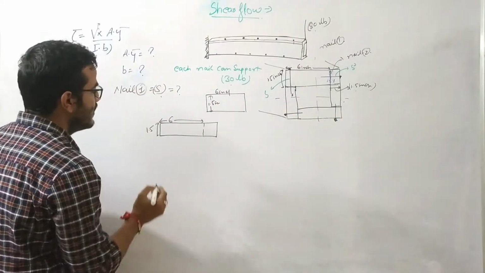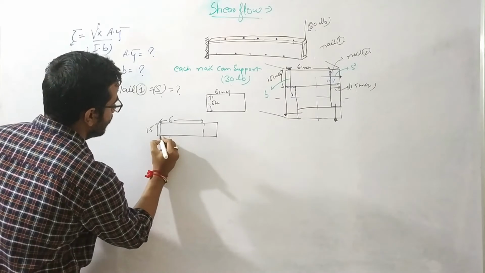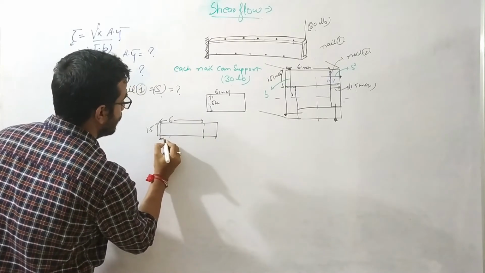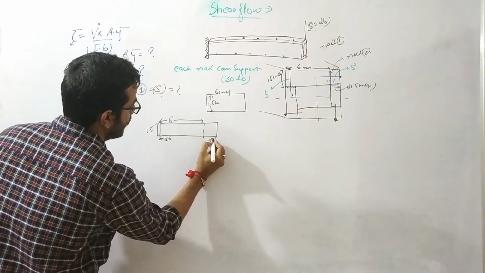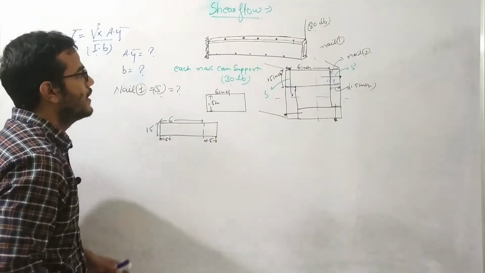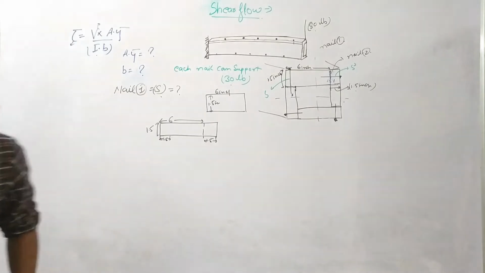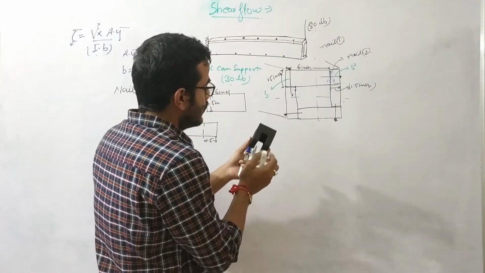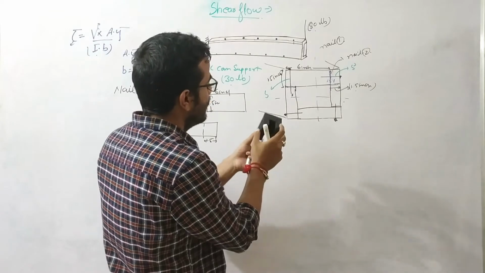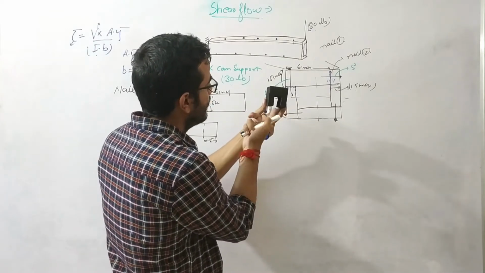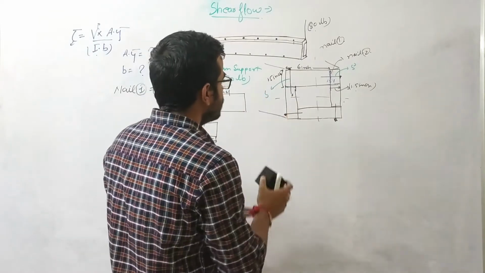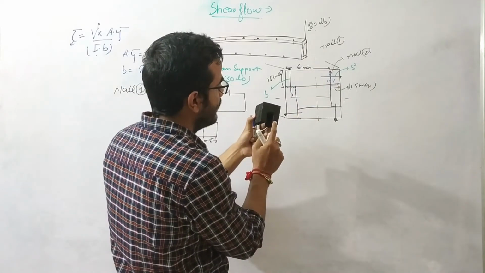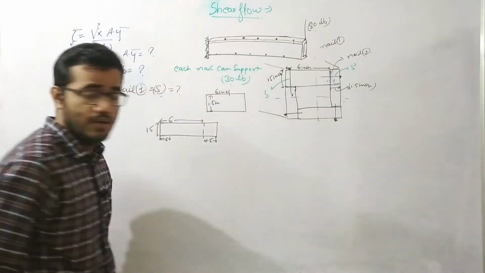Okay, so now you can see that the shear resistance will be provided from these two parts only. This is 1.5 inch, and this is 1.5 inch. What I'm saying is that if I'm cutting the beam like this, the shear surface will be this only. This portion, this is the B, like 1.5 inch and this is 1.5 inch, right?